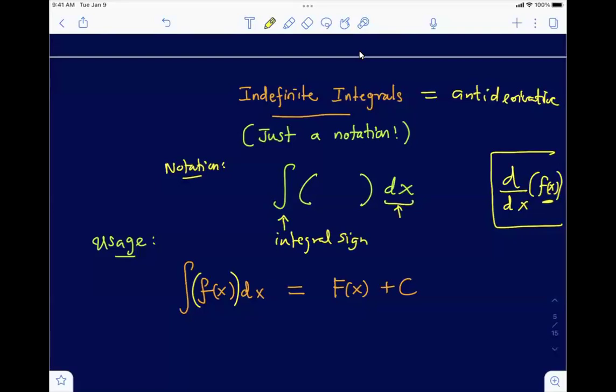Or for our purposes, I will simply say variable of integration. And what you're going to feed here in parentheses or right in front, sometimes even if you do not have parentheses, will be the function that you're trying to find the antiderivative of. So in other words, what you're going to have here is a function,